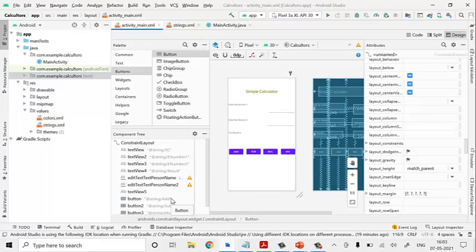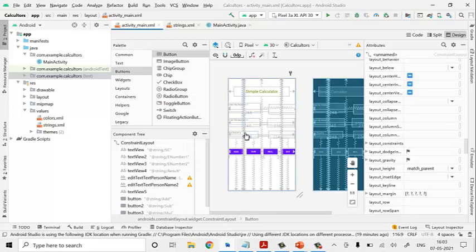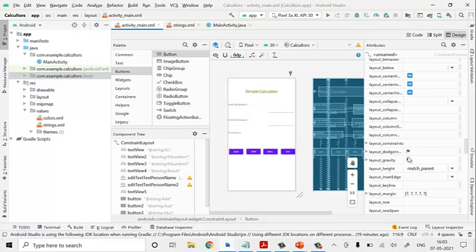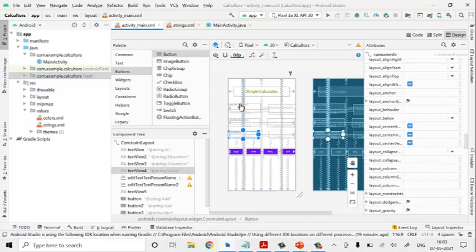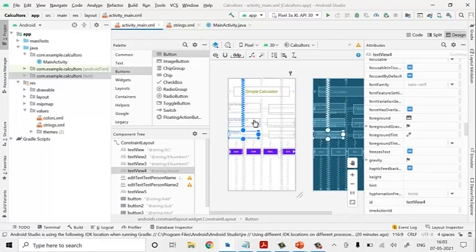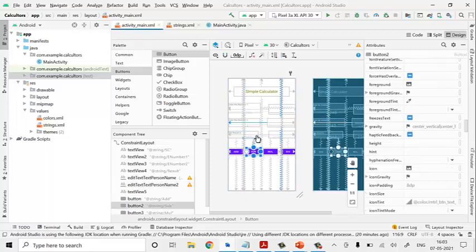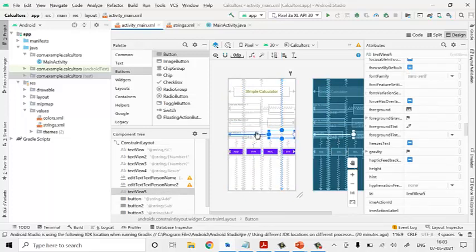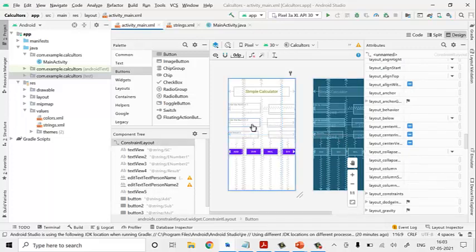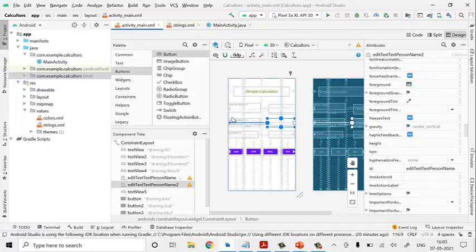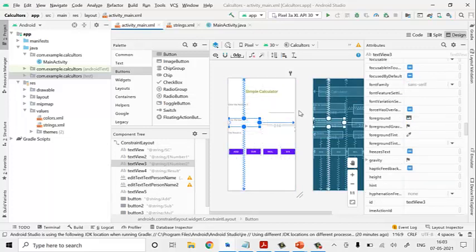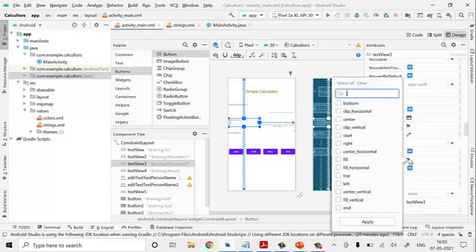Now what we have to do, the enter number 1, enter number 2 and resultant, we have to make them centered. So what I have to do, we have to look for gravity. Select everything, control, take it as this. Once we have set the position, then it is difficult to select your text boxes. Okay, go for the gravity, make it center.